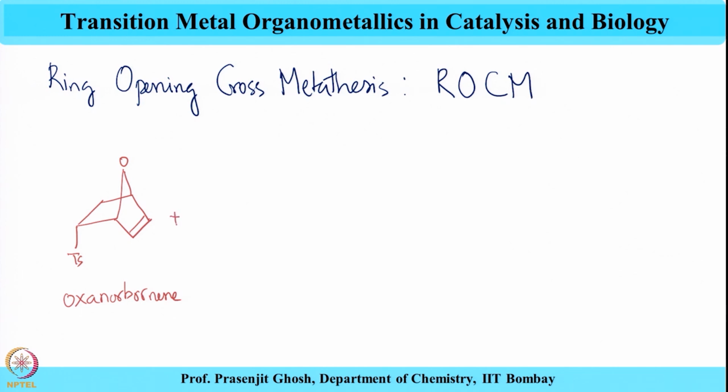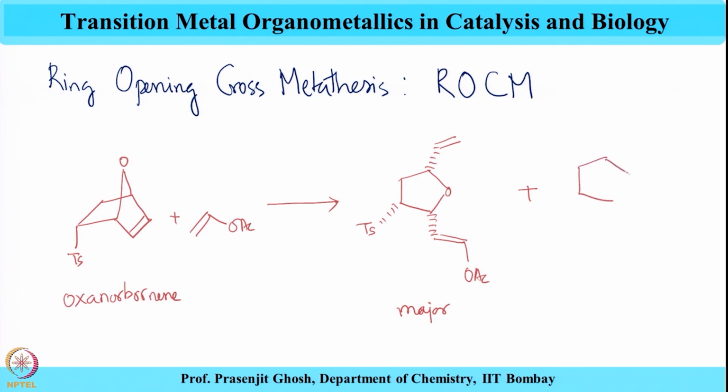The reaction of this with vinyl acetate gives this 5-membered cyclic compound, which is a major product, along with the other product which is